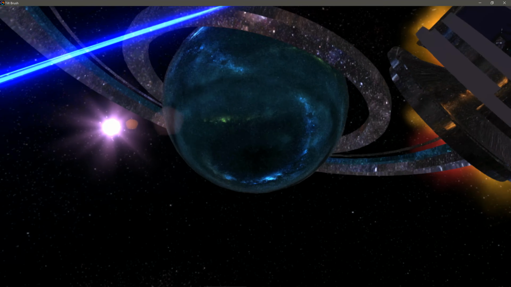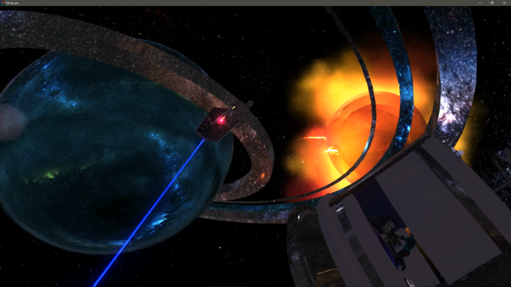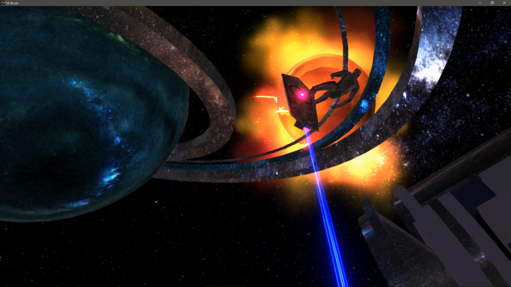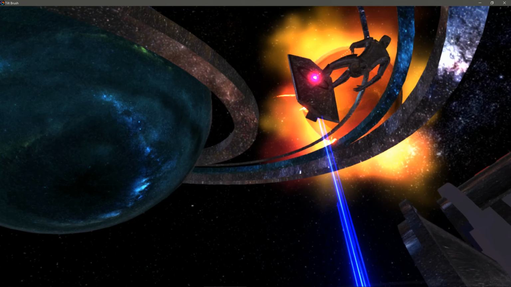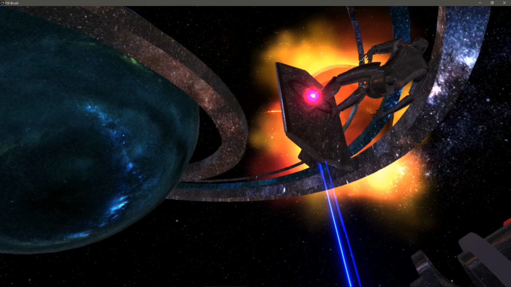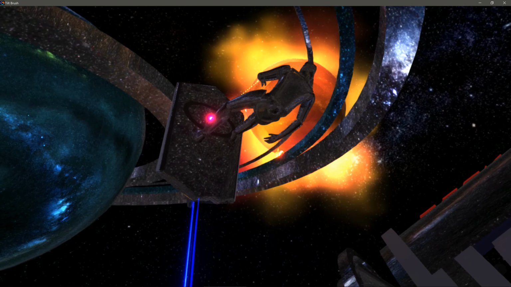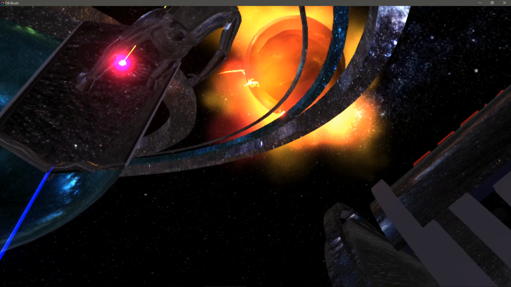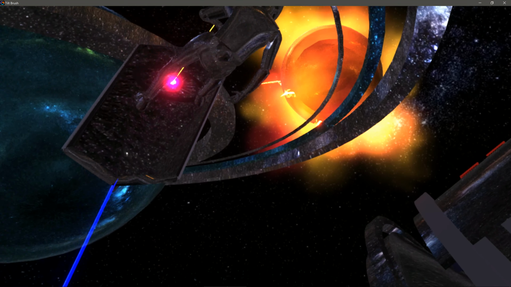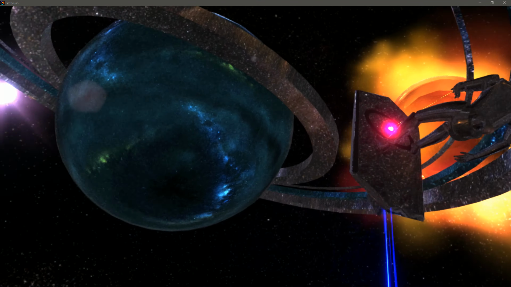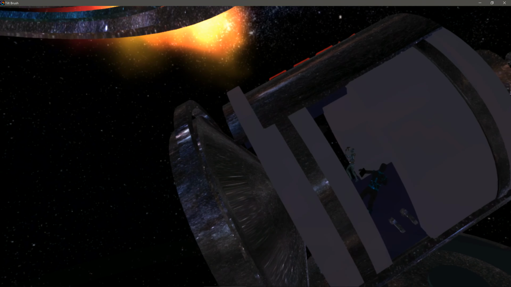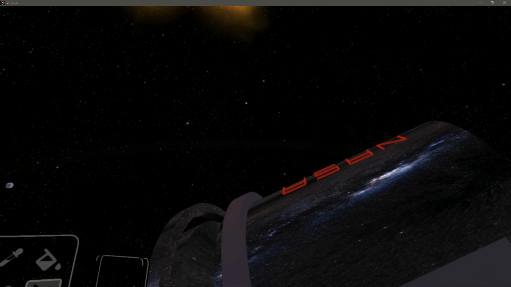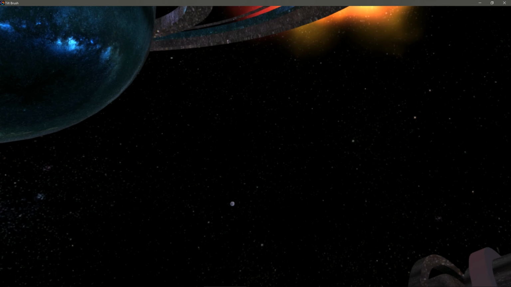Looking back, you can see this is a ringed planet. I really wanted to set this shot up. This is the money shot right here for me. You've got this sun with solar flares in the background, the ringed planet, and in here we have a NASA capsule